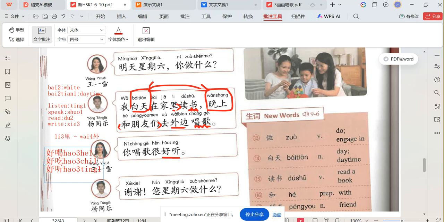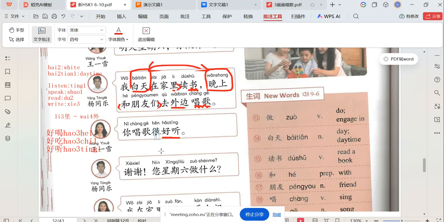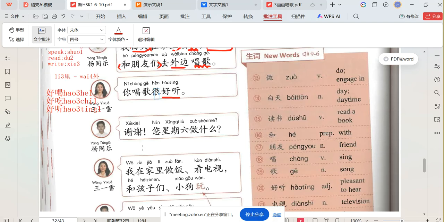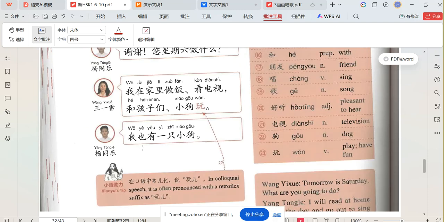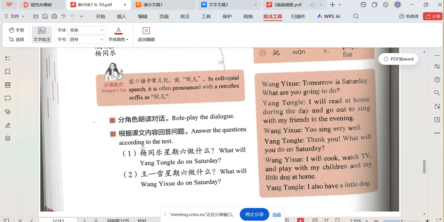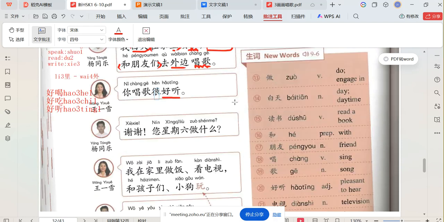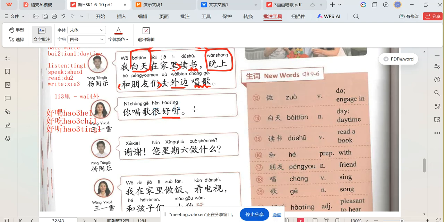So can you guess what's the meaning of 好听? It doesn't mean you must listen. It means it sounds good. 好听。 So the woman here, 女的说你唱歌很好听。 You sing a song, it sounds very good. You sing very well. 你唱歌很好听。